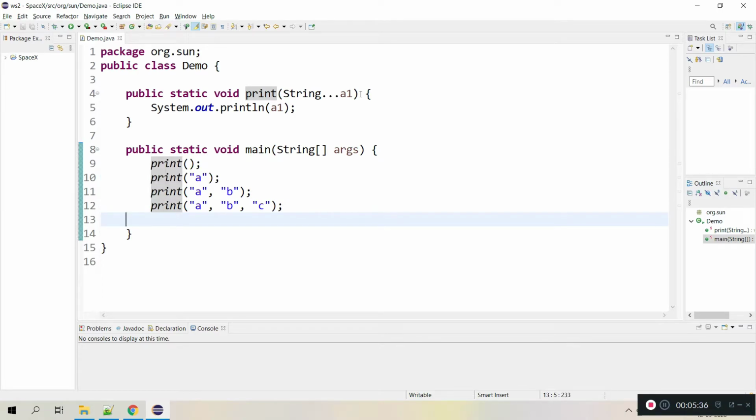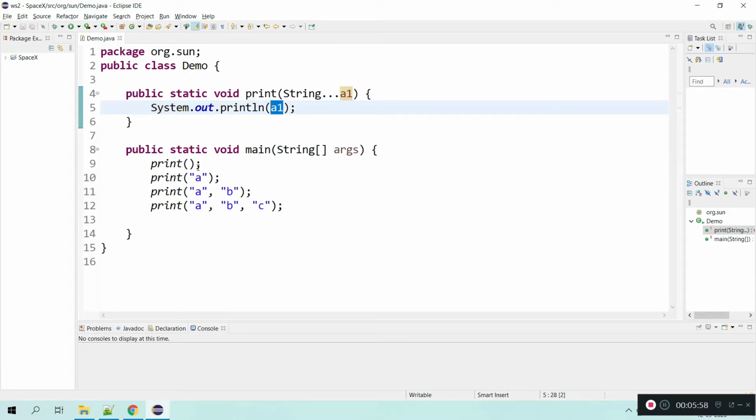As of now, we have learned how to create a varargs method and how we can pass the arguments, and we have learned one important interview question. Still we can pass 0 arguments also to this. So here, coming to the receiver end, in this method I am receiving A1.